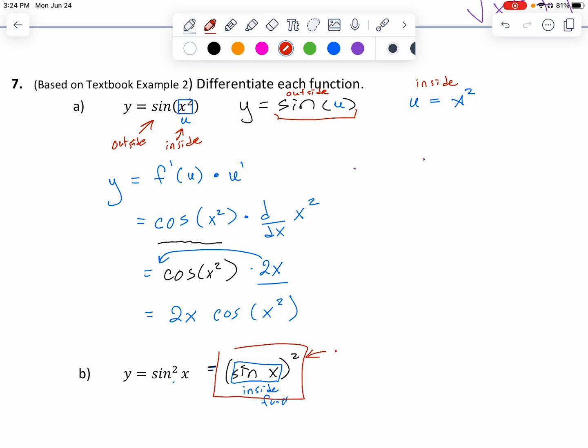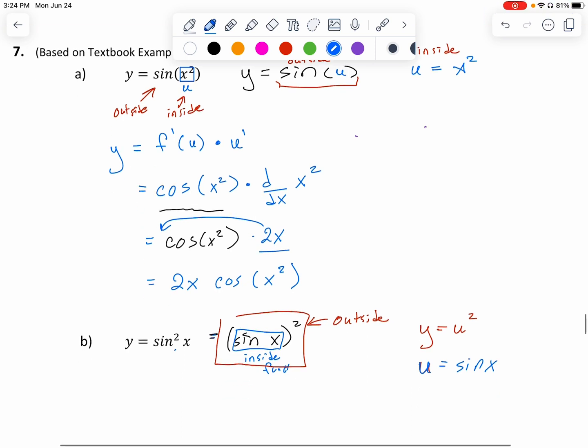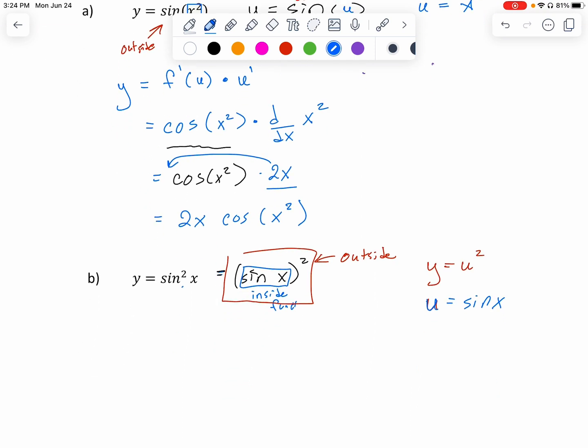So my outside function is the something squared, and my inside function is the sine of x. So going from the outside in, we write